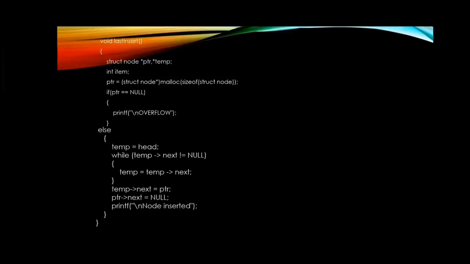And this is the function for insertion at ending. In this function, define two node pointers. One is pointer and one is temp, and initialize integer variable and allocate the memory to the pointer variable. After that, check using if condition if the pointer is equal to null. If true, then print overflow, else